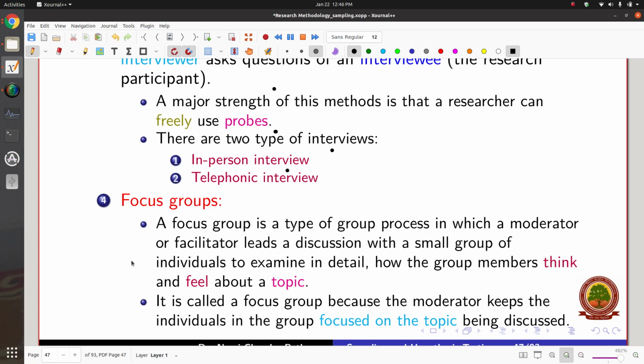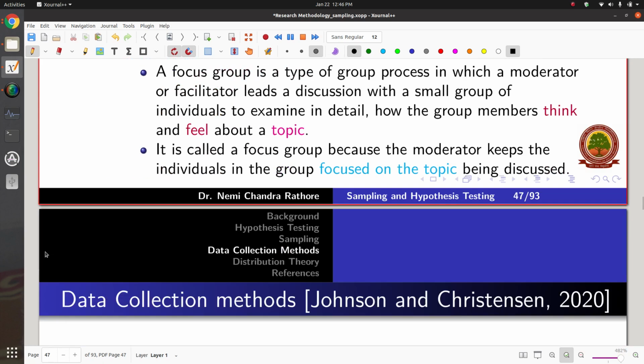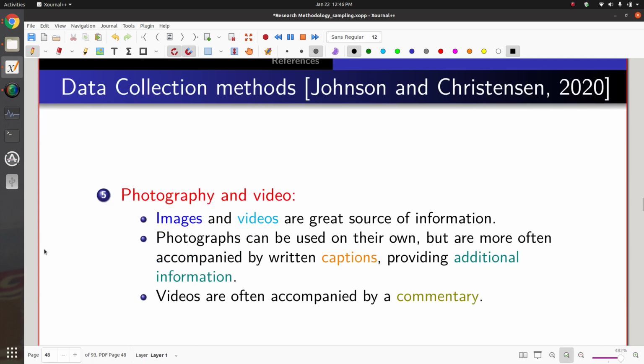Okay. So now the last point. Sorry, now 2 points are there for data collection. But there is another method for data collection that is not very frequently used, but sometimes it is used, and it is a very powerful data collection method, and that is photography and video. Not in every research do you require photography and video, but wherever such kind of data is useful, that will be